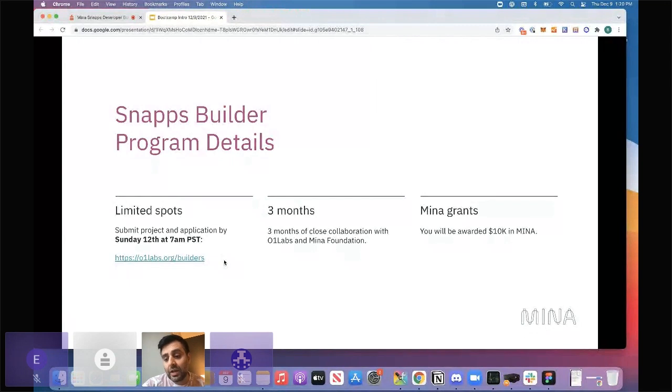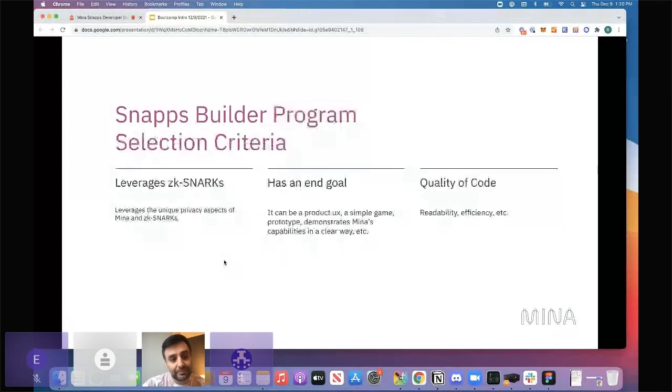It's $10,000 dollars in Mina tokens, and that will be a great way, hopefully, to provide additional support for the interested individuals and teams. Now, in terms of selection criteria, what we're looking for are projects that are going to be really